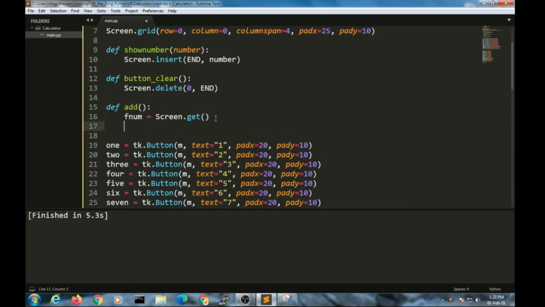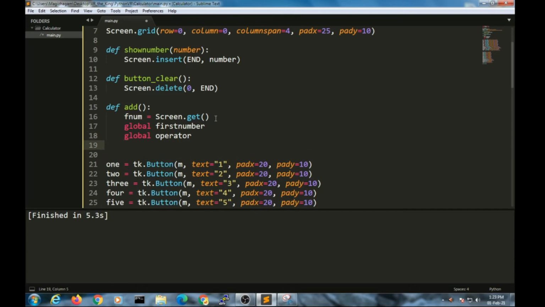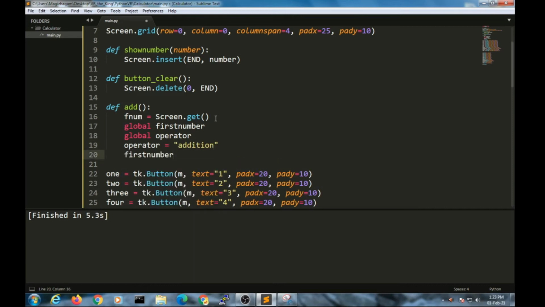Now let's use the global first number, and global operator. Many people out there advise not to use global, but for this we are going to use global. Operator equals addition. Let's get the first number equals integer fnum,